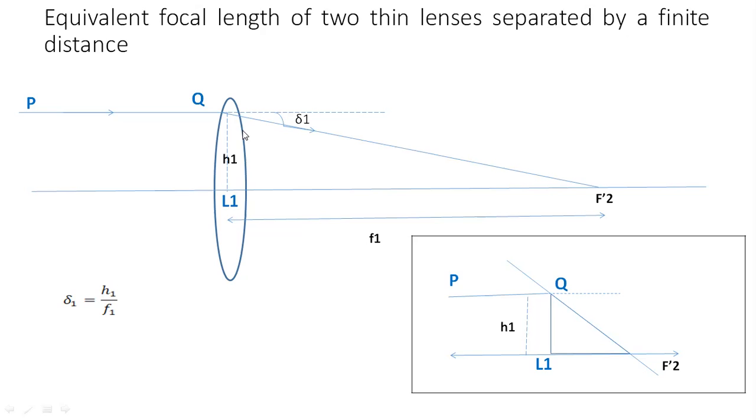You know the distance QL1 is h1, L1 F2 dash is f1. The same diagram I have drawn here. So this is the angle delta 1, because you have two parallel straight lines, and this is